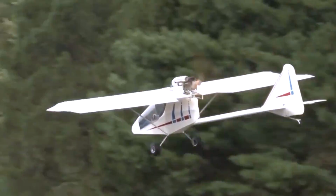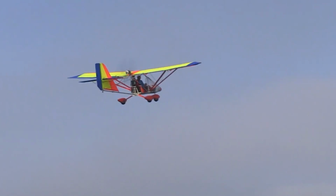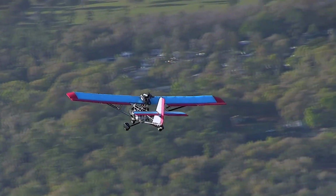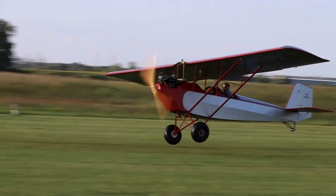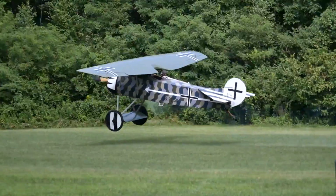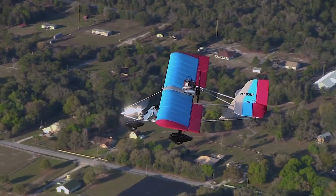Ultralight aircraft provide one of the most exhilarating and purest ways to experience the joys of aviation. These lightweight, affordable, and exciting machines deliver a flying experience that's unmatched by traditional aircraft. Whether you're a seasoned aviation enthusiast or a beginner pilot, ultralight aircraft offer an exciting and accessible entry point into